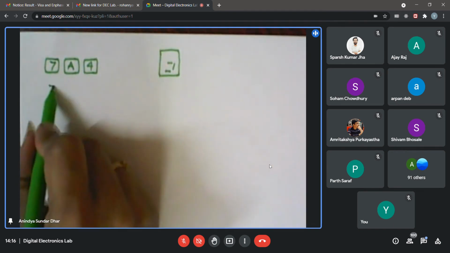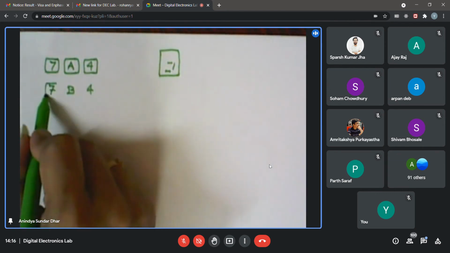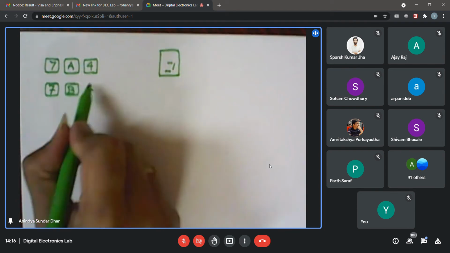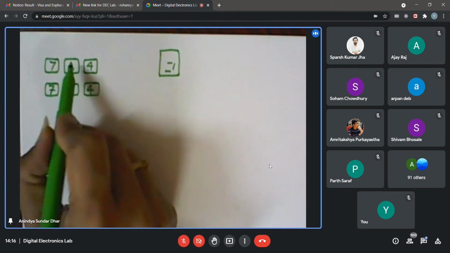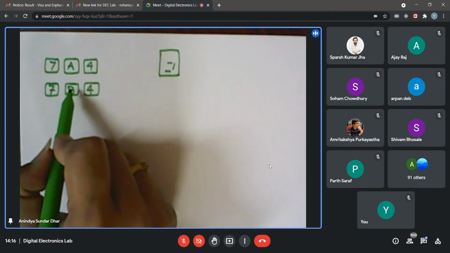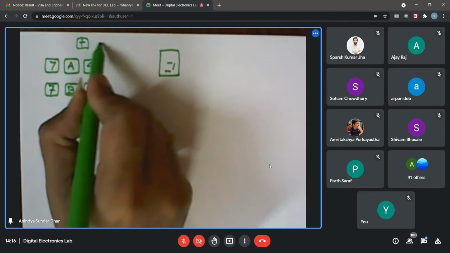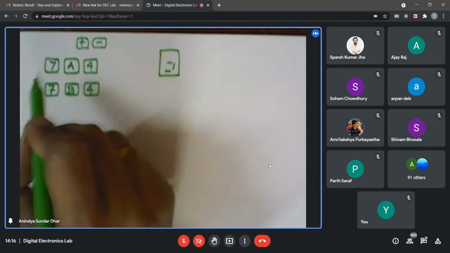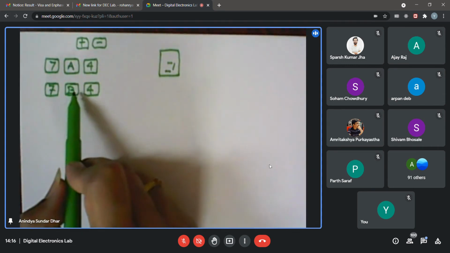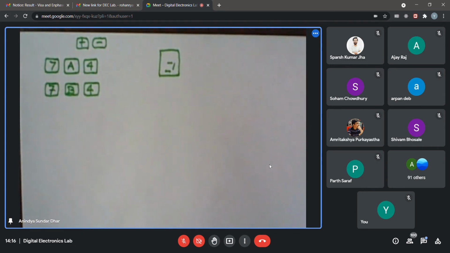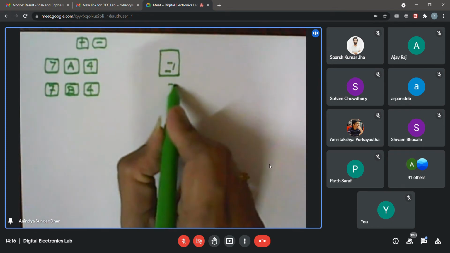Now when we do 7 subtract 4, so let us say that B key we are assigning for subtraction. So A for addition, B for subtraction. Else, because you are using ASCII keypad, instead of A and B, if you use hex keypad, then you can use AB. Instead of A and B, you may choose the plus and minus sign also, because you are actually working with an ASCII keyboard. Plus and minus are there. So depends on you. Either you can use AB or you can use plus minus, whatever. So 7B4 or 7 minus 4, that will give you a standard result of 3.